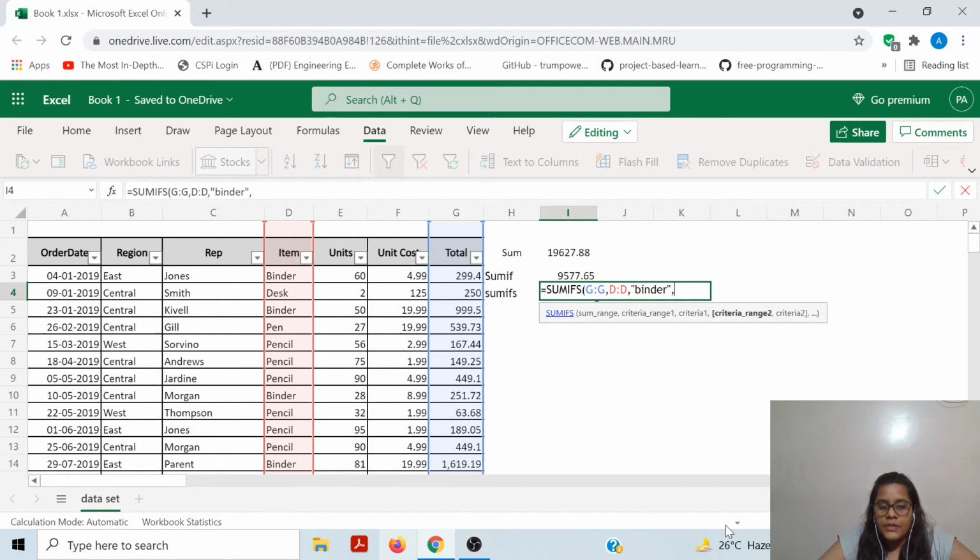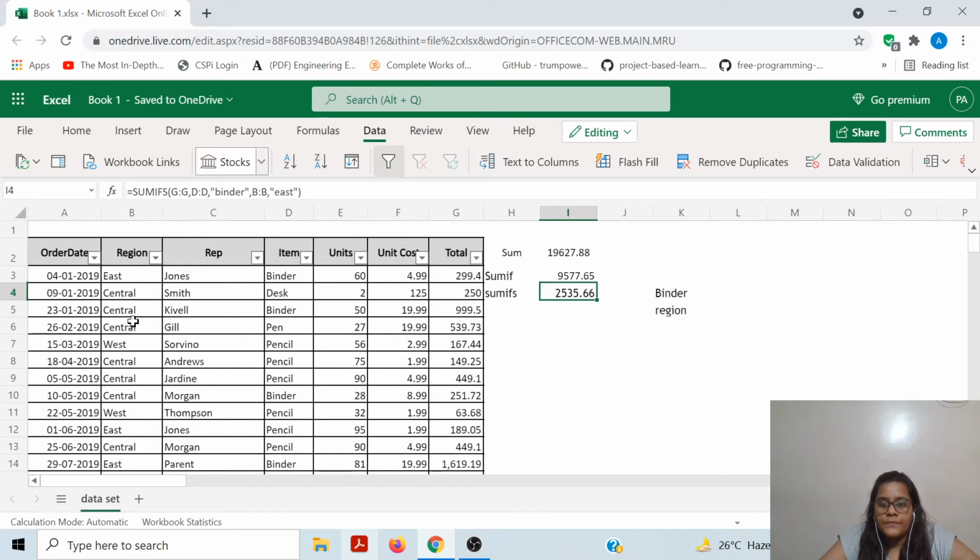Our next criteria is the region. So we are going to select the column region, again a comma, then we'll mention East, and then we'll close our formula. So we get 2535.